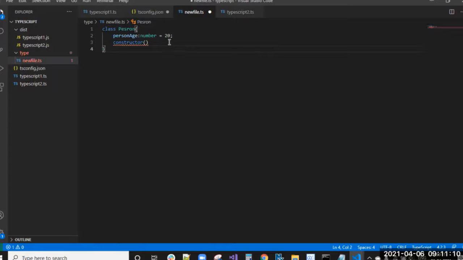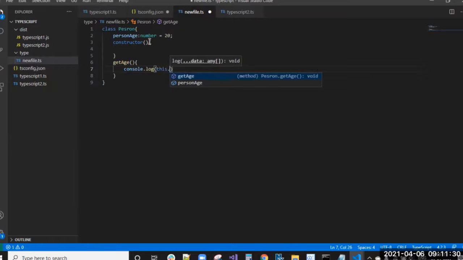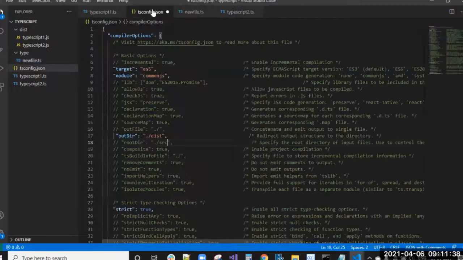I'm creating one class to explain how the output in the source directory will be taken. The root directory I have specified should be type.